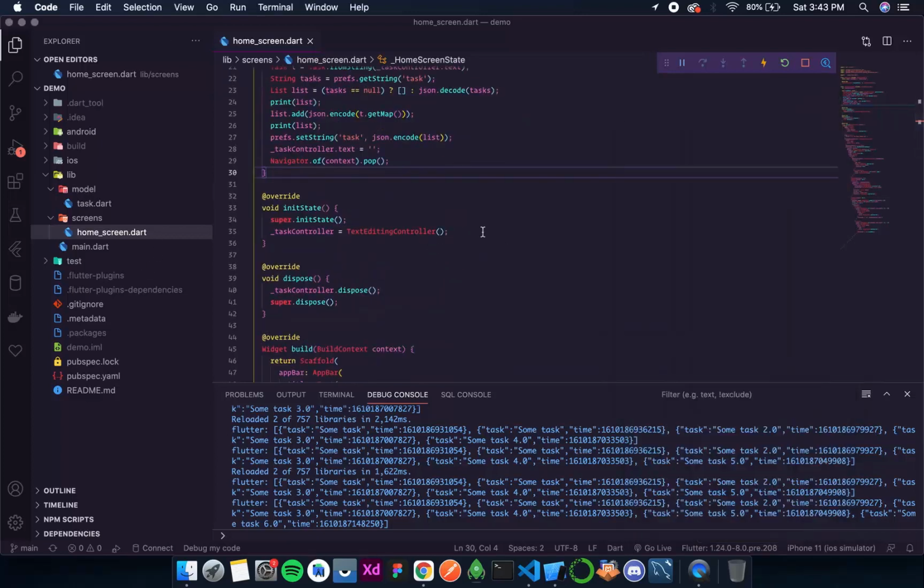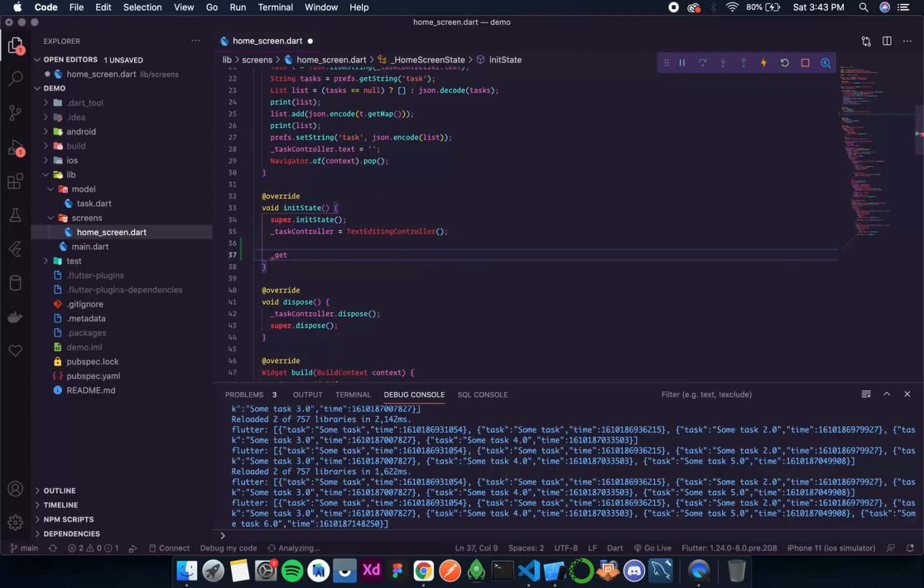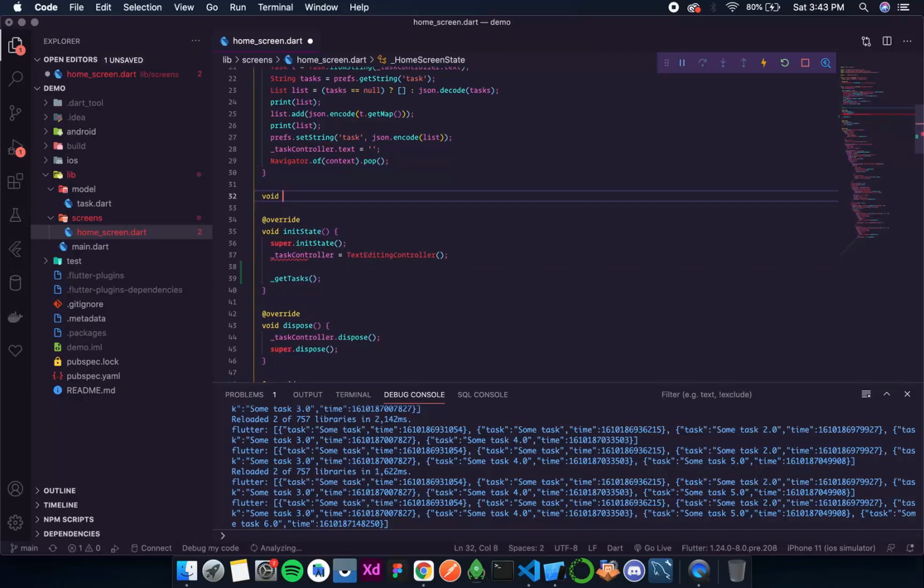So let's start. In the init state method, I'll create a method get tasks. Okay, so now I need to create this method.